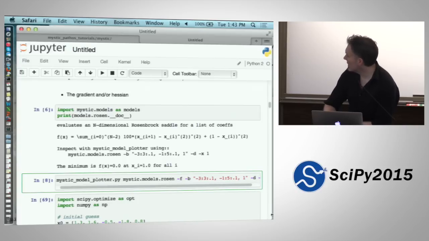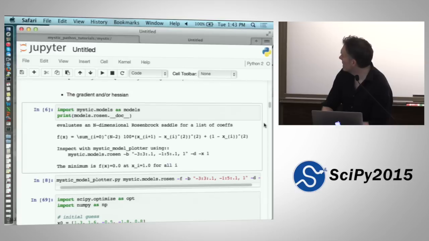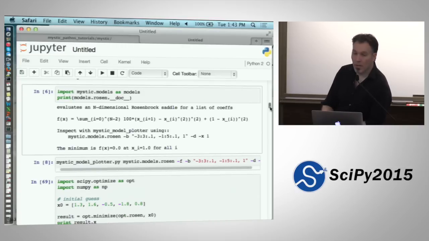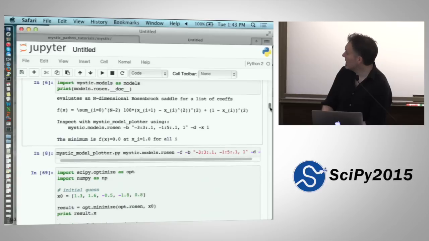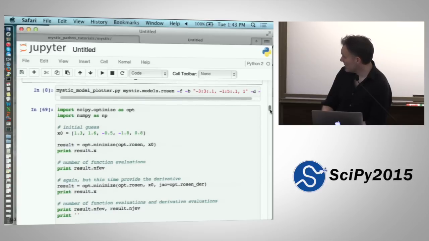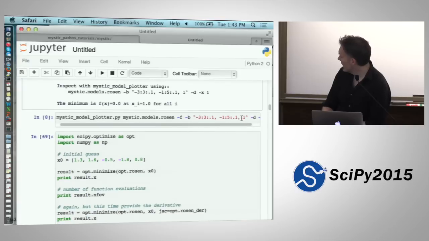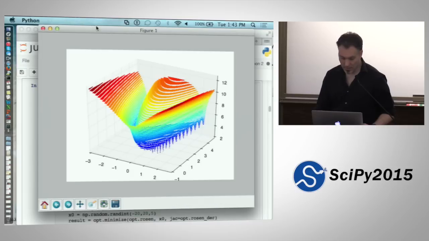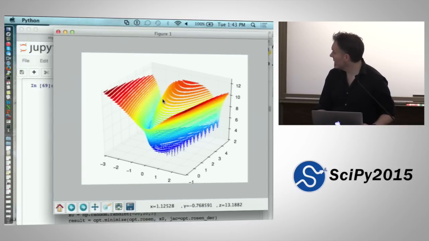So that's the guy we're dealing with for Rosenbrock. And Rosenbrock basically looks the same in 3 dimensions and above. For 2 dimensions, it's a little different, but for 3 dimensions and above, it looks basically the same. Here, we'll look at the 2-dimensional case. In 2 dimensions, it looks kind of like this,